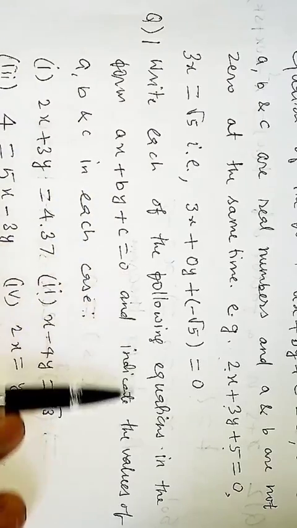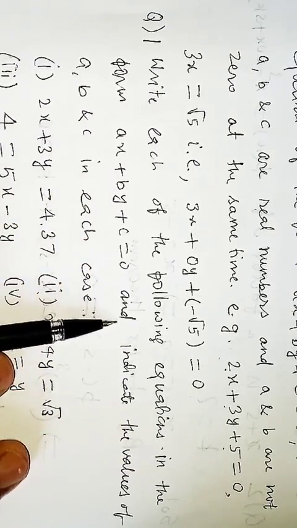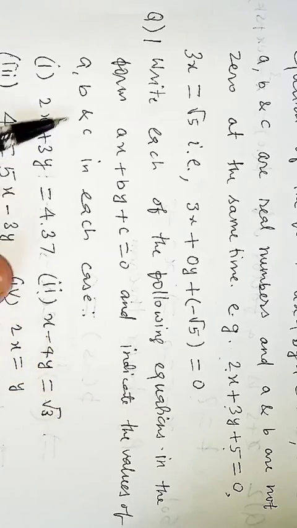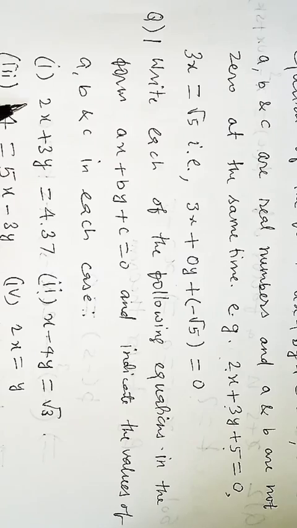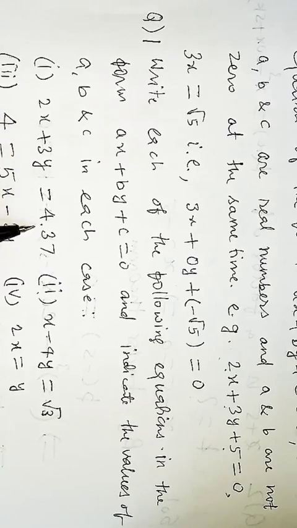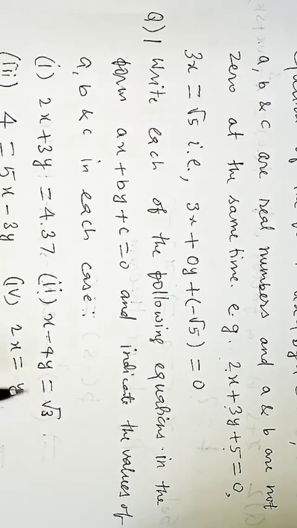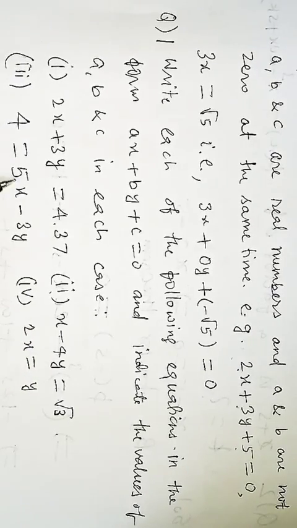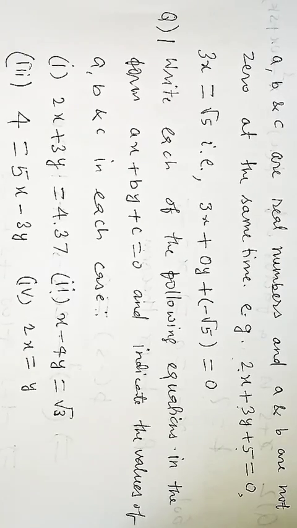Write each of the following equations in the form ax plus by plus c is equal to 0 and indicate the values a, b and c in each case. First, 2x plus 3y is equal to 4.37. Second, x minus 4y is equal to root 3. Third, 4 is equal to 5x minus 3y. Fourth, 2x is equal to y. In such questions, we have to make RHS 0. For this,